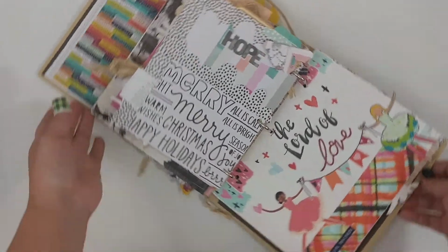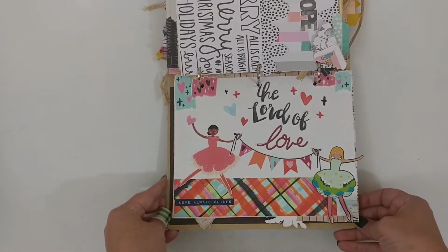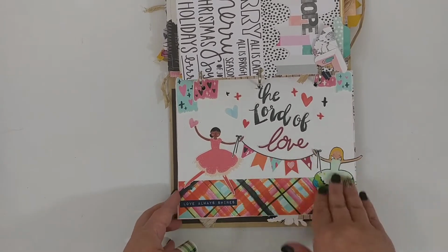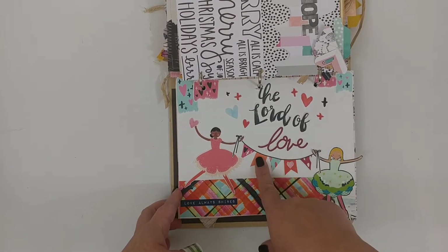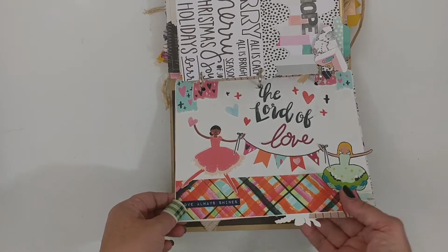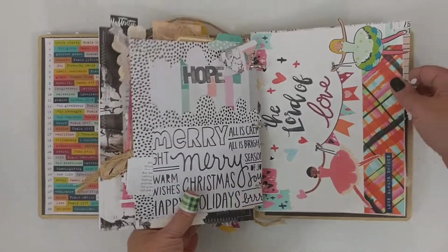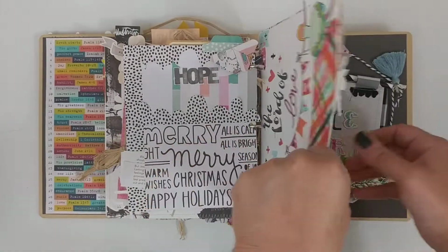And then here we have for love. I took advantage of the Illustrated Faith Print and Pray sale and printed off these little happy girls, just celebrating the love that we have from the Lord and the love that came down during Advent season. And then on the back,